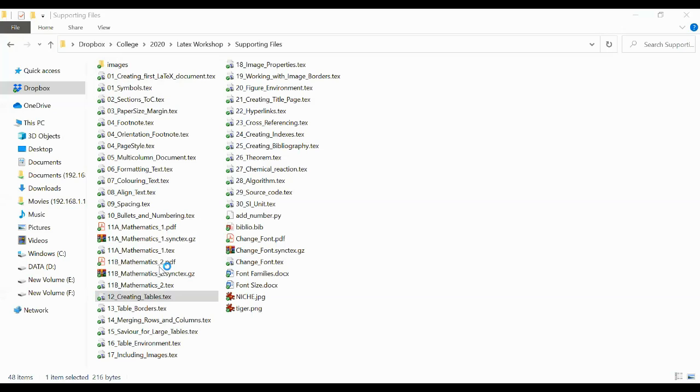So here also, in a table you have to start with \begin{tabular}.